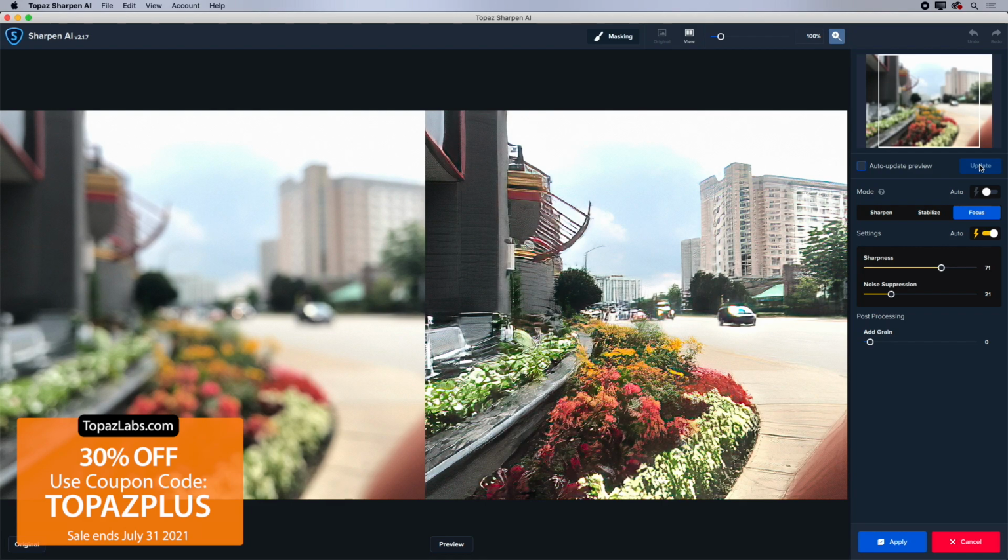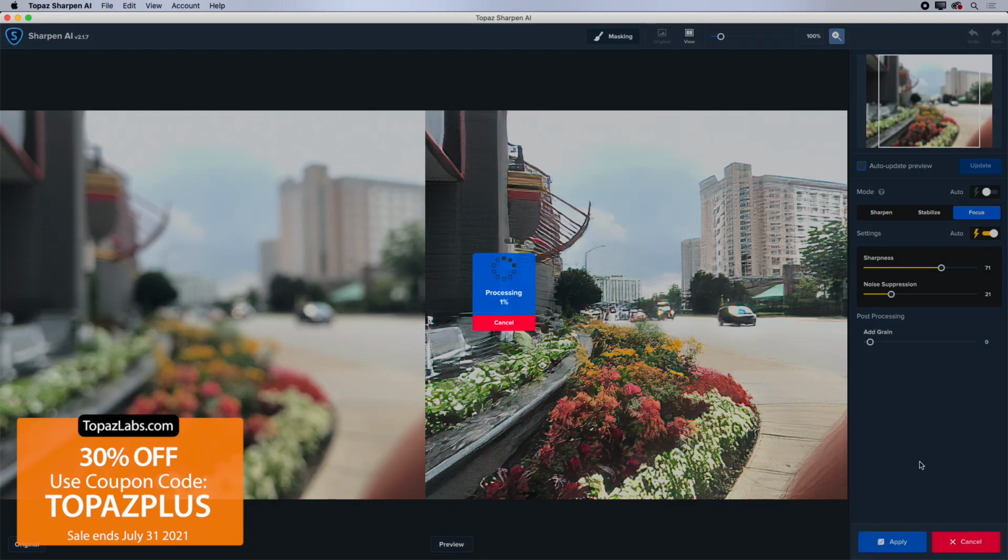Oh my gosh. Okay, now this is amazing, because as you look at the left-hand side in the original photograph, there's practically no details there, especially when you look at the building or the road or the flowers, whereas on the right-hand side, the AI is now imagining all the details that are supposed to be in this photograph. For example, if you're looking at the building where you can't even see the windows or the lines or the details, the right side is remembering, actually, it is enhancing and hallucinating all the details that are supposed to be there. So if I like it, I just simply click apply and